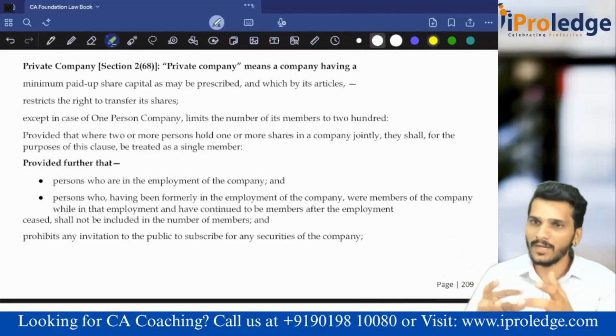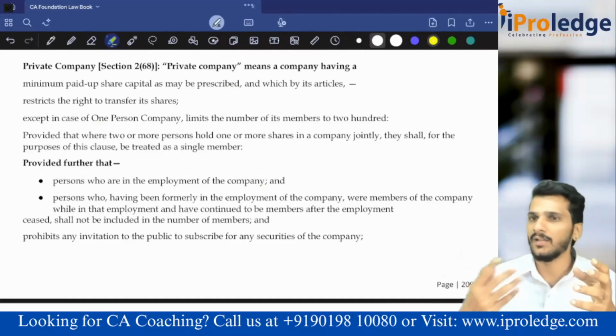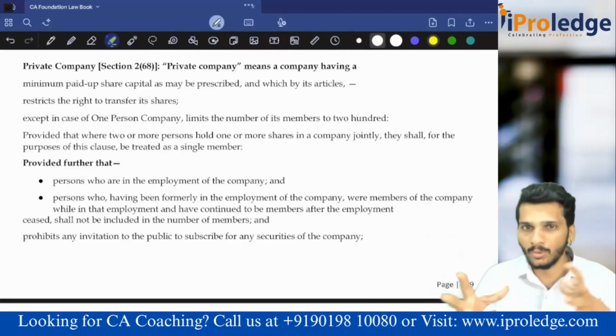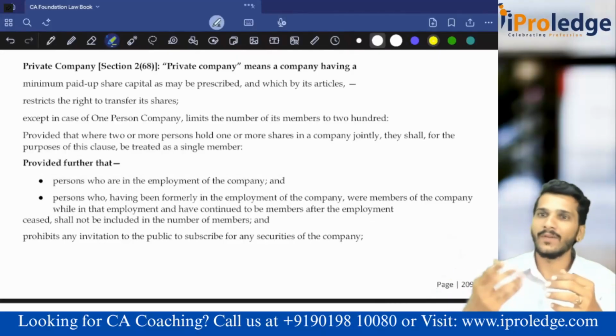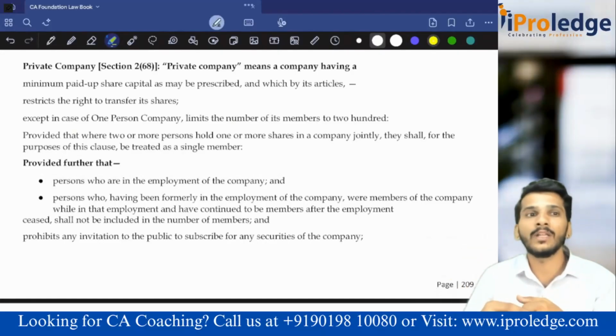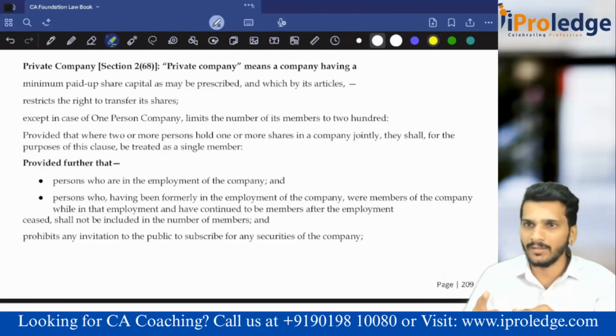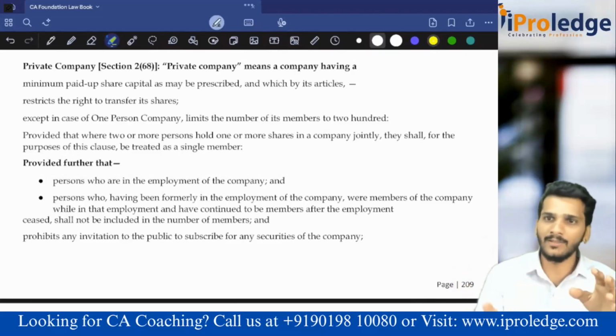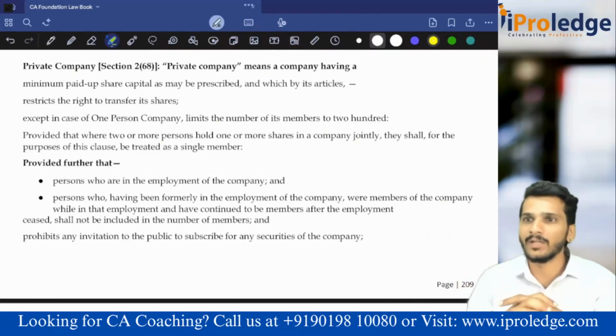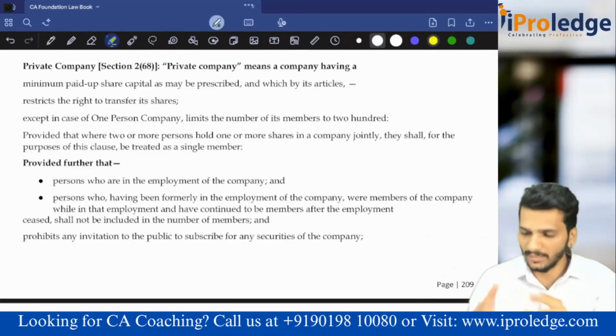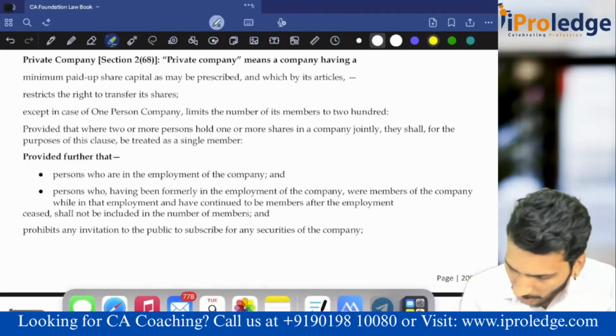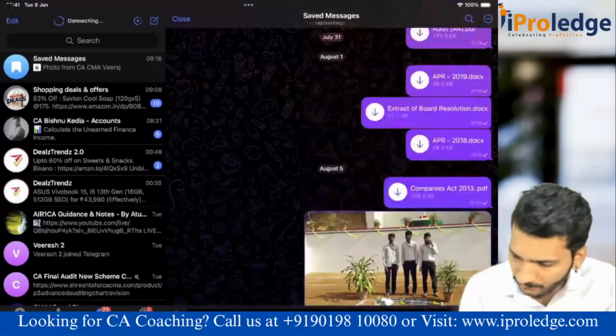Husband and wife, father and mother, son and father, son and mother, everybody holding together. Two persons are holding. Whenever you are a minor, the bank account is opened as a joint account. But how many accounts are there? One. There might be 2 members, but it is only one account. There might be a number of shares, but it is like a single person holding those shares. These are the 3 conditions which have to be satisfied. There is one question, which is very important.